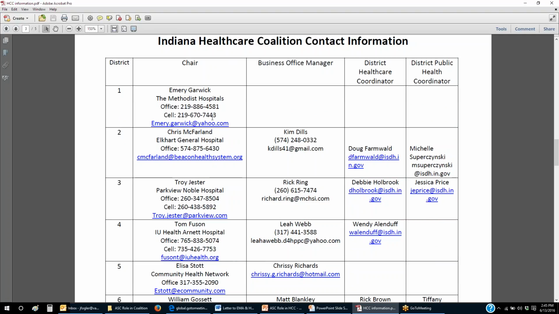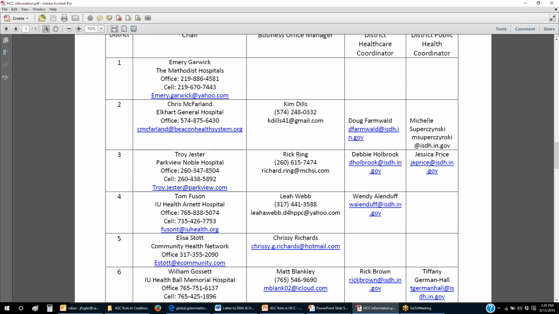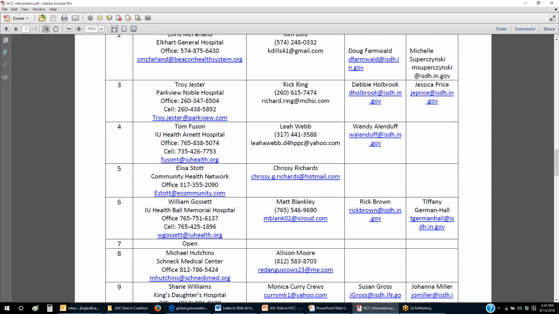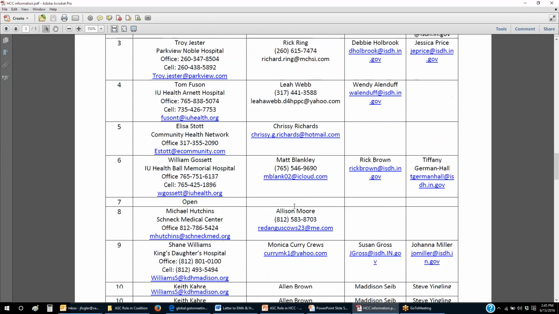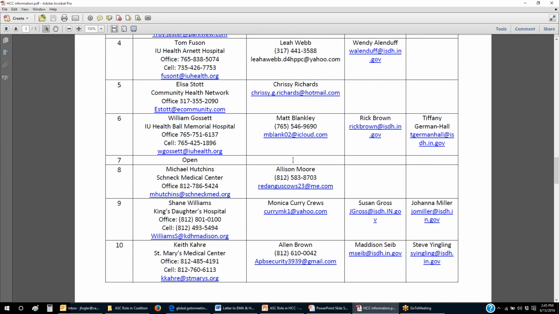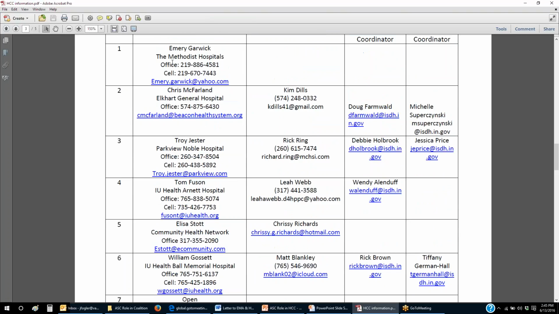And then I provided you with those 10 different healthcare coalitions, who the primary contact person is. So you can see who is the chair of the district healthcare coalition. Some of them have business managers. I believe that one has a business manager, I just don't know that person's name. It's blank in 7 because they're a small district and they don't have a business manager. So you can see who the primary contact person is, who their